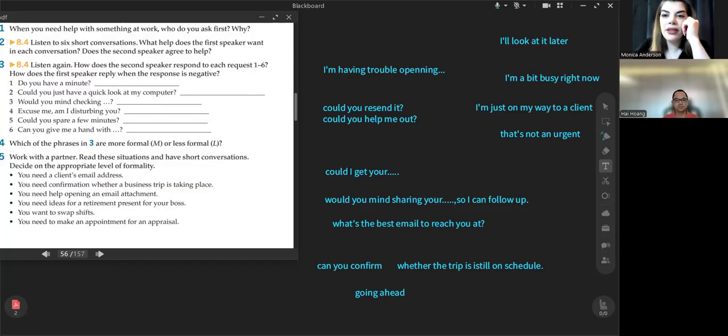For example, now I want to be friendly, less formal. I say, "Can you share the file again?" So you're talking with your colleague, your friend. "Yeah, can you share the file again? I can't seem to open it." So this one is good.